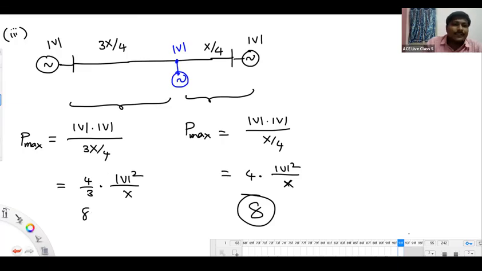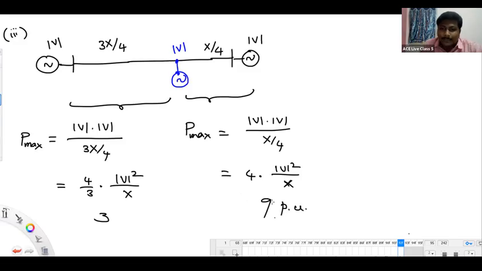8 by 3 means how much? Or better, I'll say this number is 9. This number, 9 by 3, means 3. So if you keep the loading based on 9 per unit power,